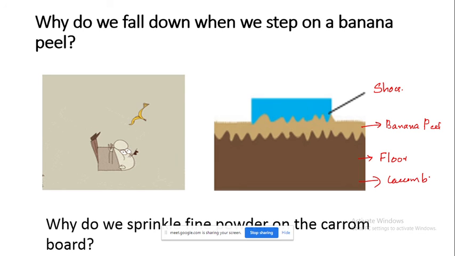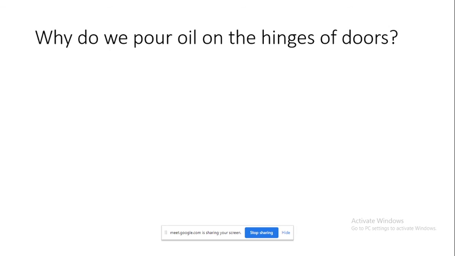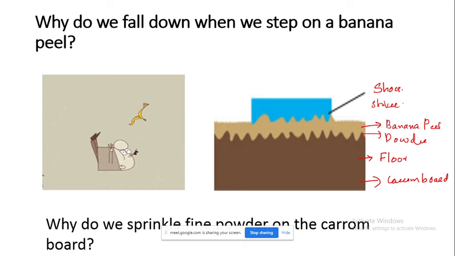The powder will fill irregularities. This is our powder and this will be our striker. So then what happens? The things that we use to fill up or to reduce friction